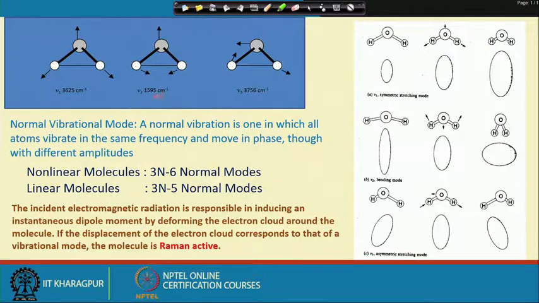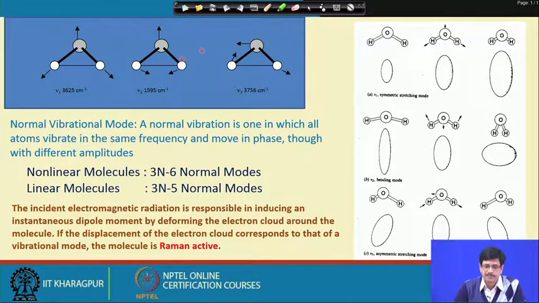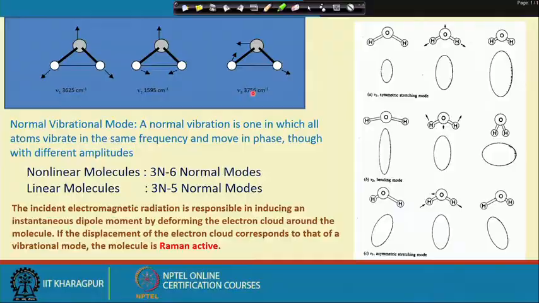Now, we said that Raman scattering involves the interaction, or inelastic scattering, of the incident electromagnetic energy with the bonds of the molecule. If there are 3 fundamental vibrational modes, will Raman scattering take place in all 3 modes, or will it be observable in only one or more or less than the total number of vibrational modes, and if so, why? We will continue discussing this in the next class. Thank you.